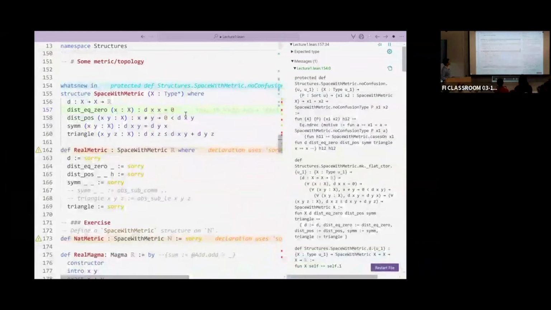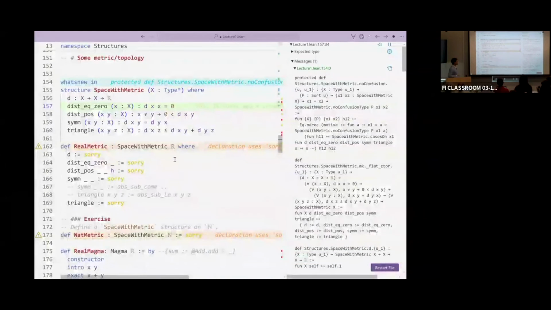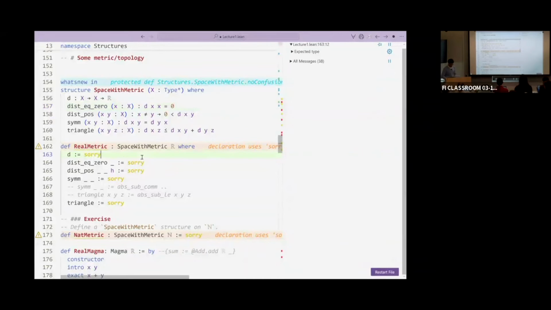Okay, so now this is just a structure. Then I can try to say, okay, the real numbers can be endowed with a metric structure. Okay, why not? Let's try to do it. So what is d? I just want to do it coherently with the rest of my... Yes. Okay. So this d is a function.